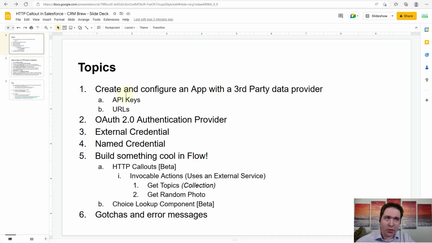Some of the topics that we're going to cover today are creating and configuring an app with a third-party data provider. In this case, we're going to be using a service called Unsplash. This configuration is going to give us the API keys and URLs that are needed to configure the OAuth 2.0 authentication provider in Salesforce. From there, we're going to configure the external credential, the named credential, and from there, we're